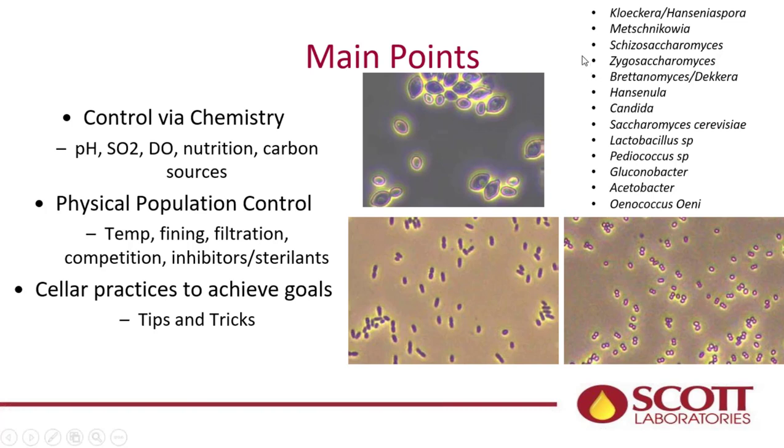On the upper right-hand side of the screen are a list of some of the major microorganisms that we deal with. If you looked at the overall scope of microorganisms available on the planet, we deal with a very, very narrow range of microorganisms. Thankfully, with the alcohol and the pH that we have, we don't have to worry about things like E. coli and listeria and some of those things that give people problems in other areas of food and beverage production. That being said, there is a change in the winds as the FDA starts